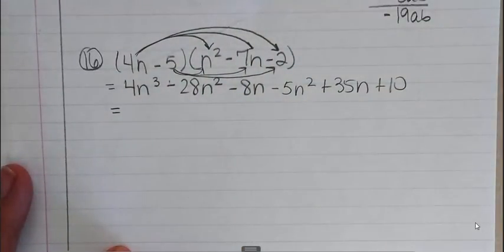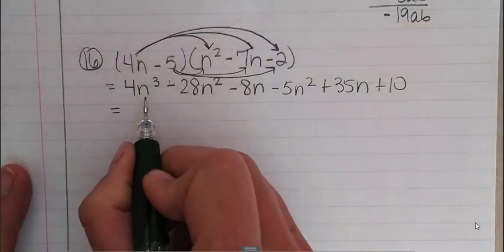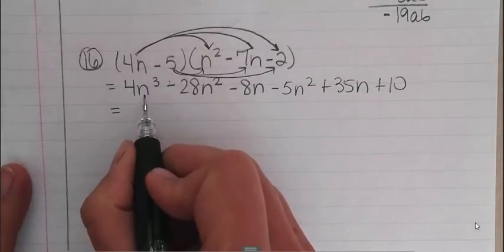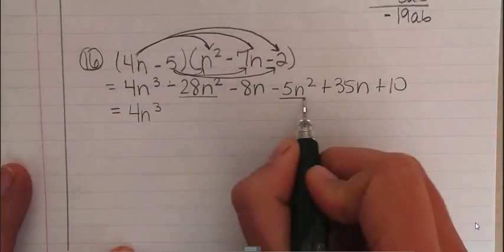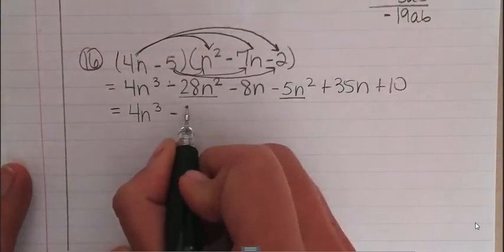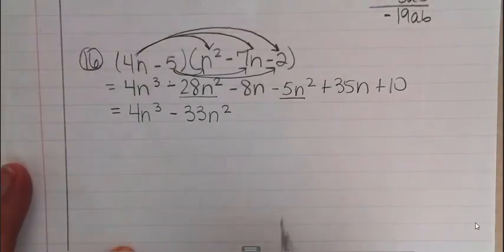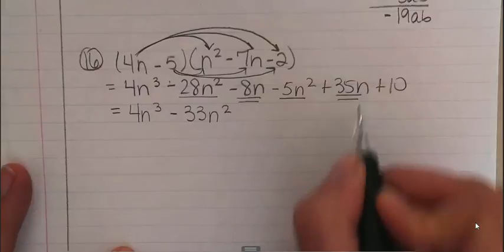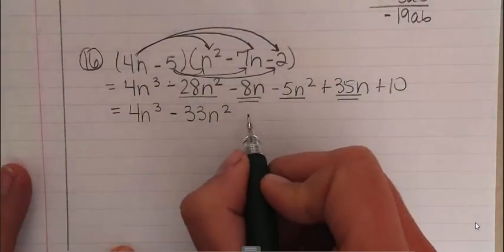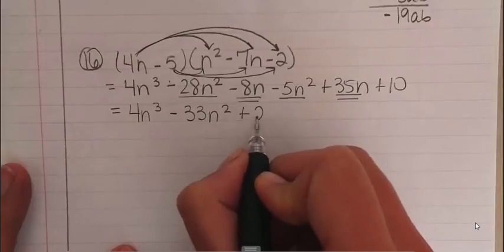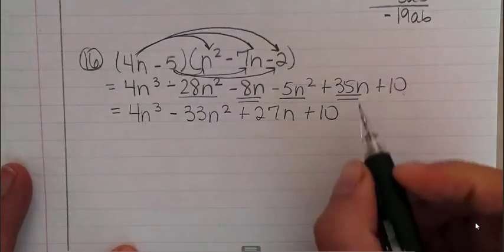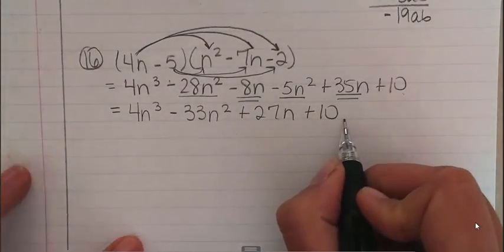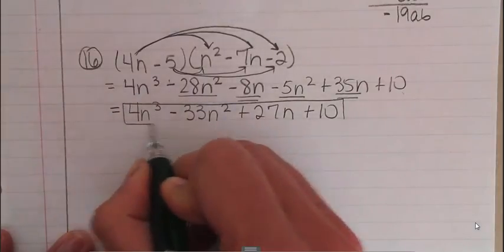And now I'm going to combine all my like terms. So I guess we need to identify what those are first. I don't see any other n cubes, so that's all by itself, so I'm going to keep that. I see an n squared here and an n squared there, and they're both negative, so I should have negative 33n squared. I see a negative 8n and a positive 35n. Those are like terms, so 27n, and then just one constant, plus 10. And that is my final answer. Okay, so I guess I should circle my answers here. There's 1,